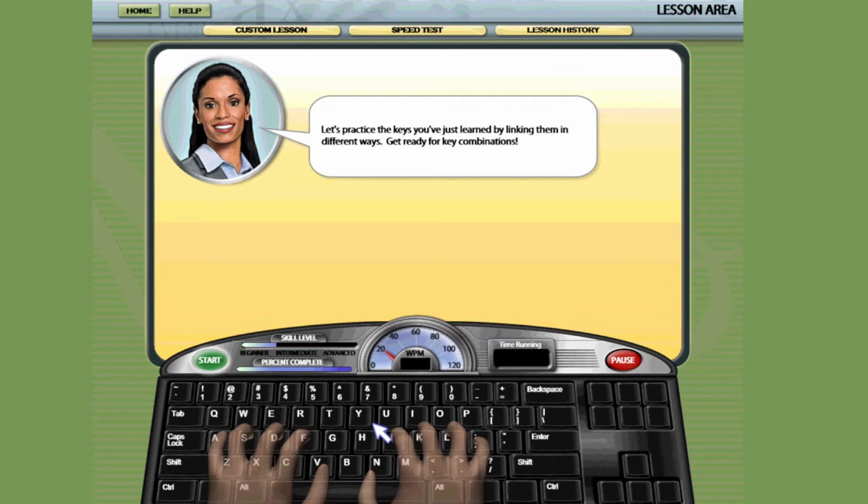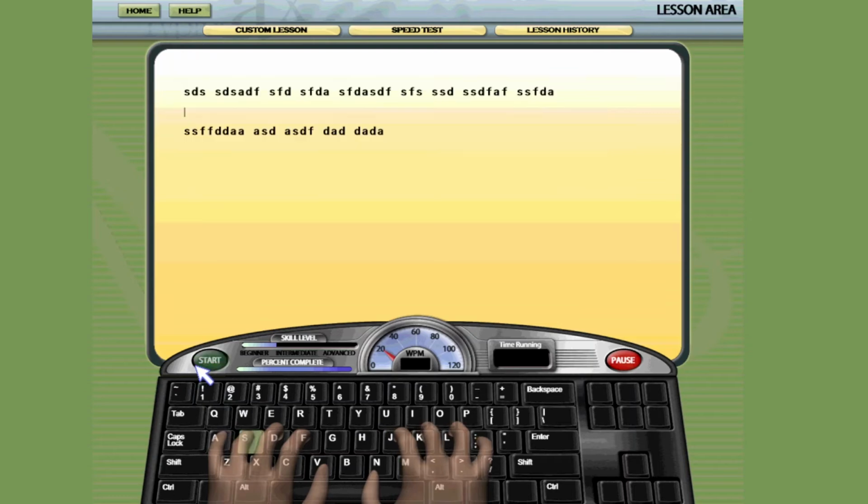Let's practice the keys you have just learned by linking them in different ways. Get ready for key combinations. We click on Start.